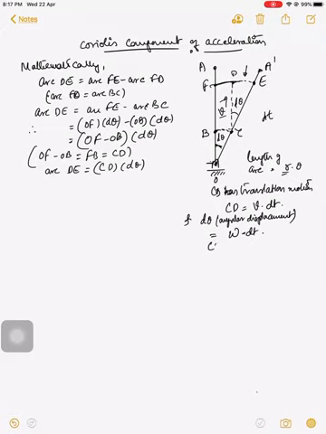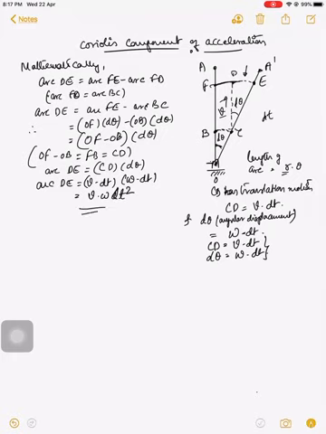So therefore CD is equal to V into dt, and d theta is equal to omega into dt. So now substitute these two values in the equation. So arc DE will be equal to CD, which is V into dt, whereas d theta is omega into dt. So that is V into omega